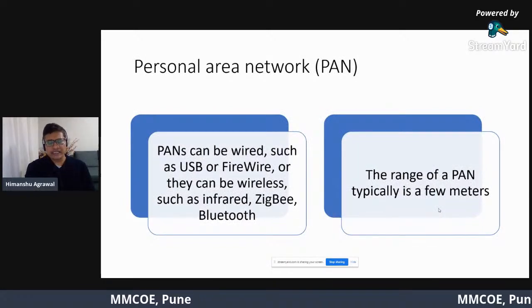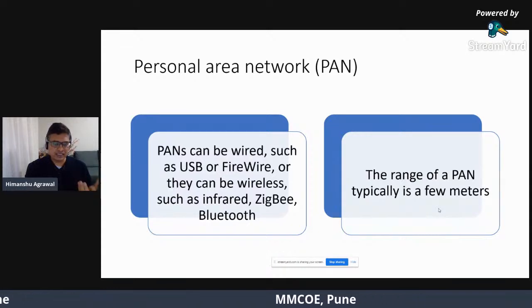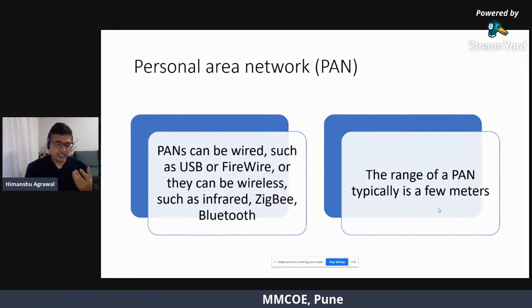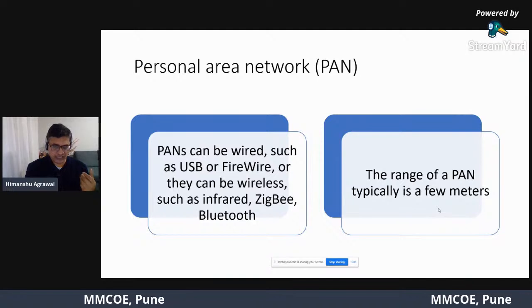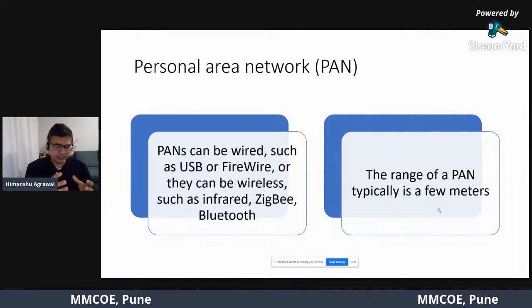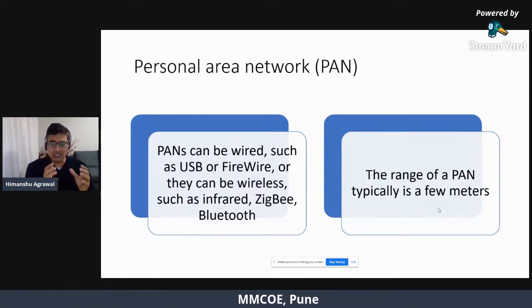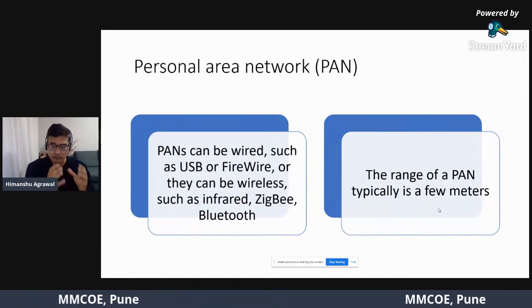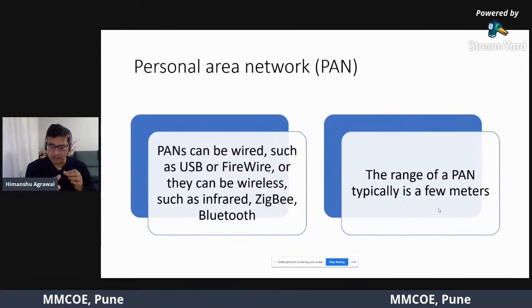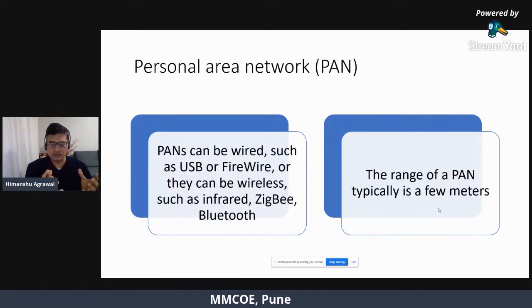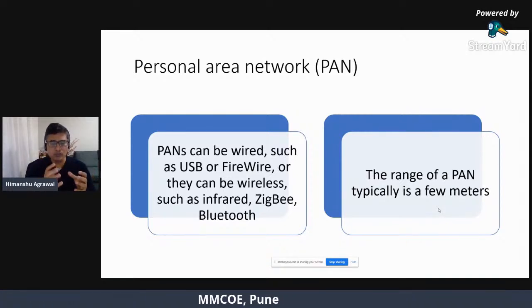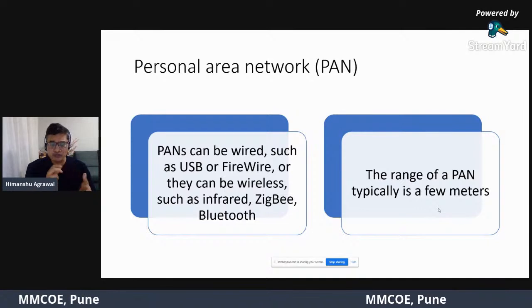I don't need to go into the details of the personal area networking protocol now, as I have already discussed this in my previous slide, that you have got several candidates such as Zigbee, Bluetooth, as well as infrared, right? So as long as your range requirement is within hundreds of meters and you are working on some applications such as indoor localization, as I have pointed out very clearly, if somebody is working on some project, you can compare it with the Zigbee based system, and I think that could be a good study based on two personal area networking protocols.